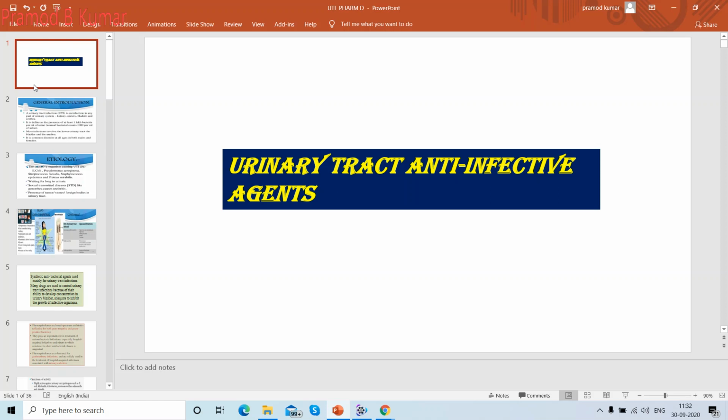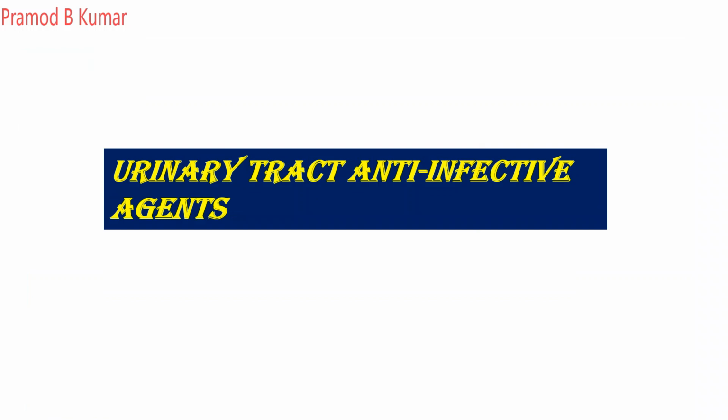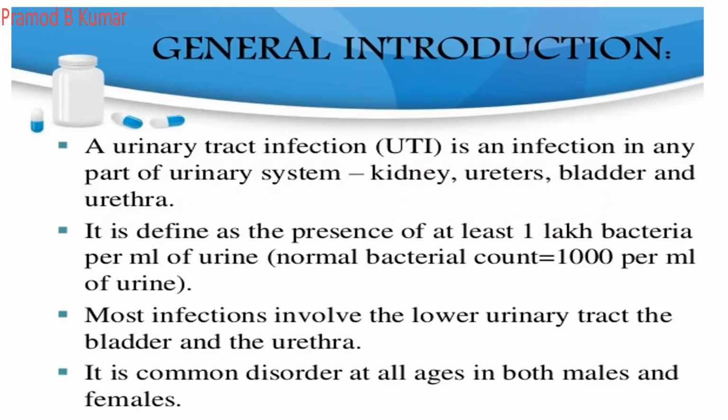So today we'll be dealing with urinary tract anti-infective agents. So let's give a general introduction of UTI. Urinary tract infection is an infection in any part of the urinary system, like the kidney, ureter, bladder or urethra. It is defined as the presence of at least 1 lakh bacteria per ml of urine. So if there are around 1 lakh bacteria present in urine,